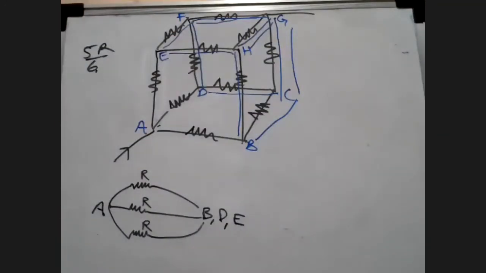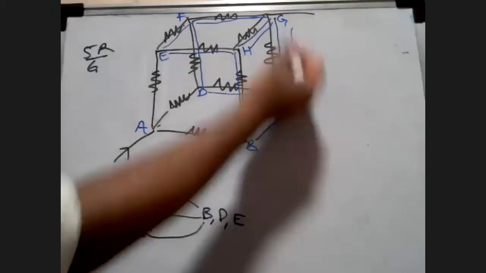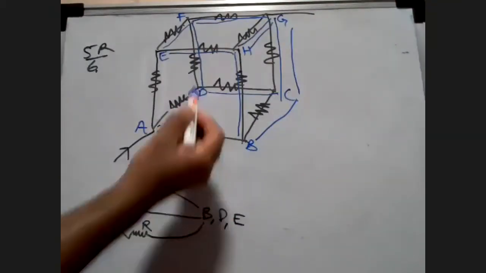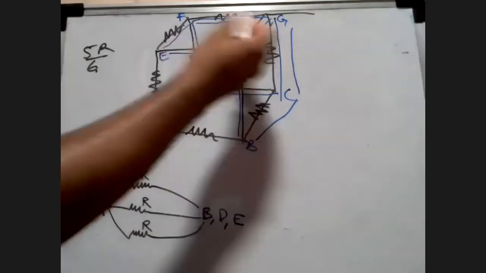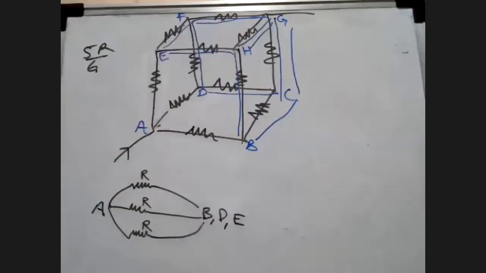So the potential difference between these, that is B to G, D to G, and E to G, since they have two resistors in their paths, they are also going to be the same thing. They are also going to have the same concept. Is that understood? Yes, sir. So now what I can do is I can simply write